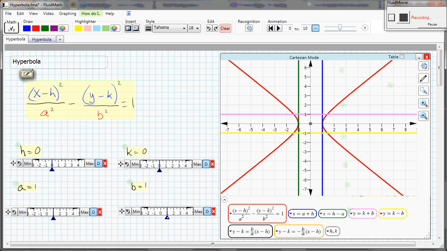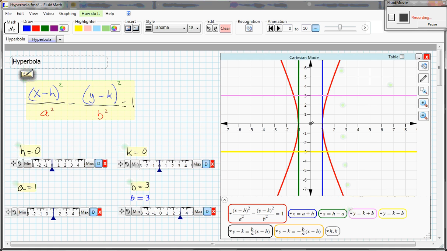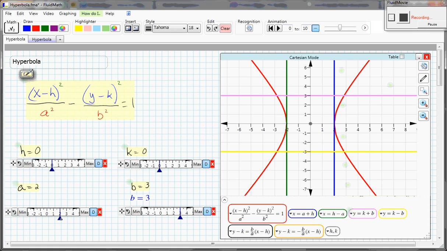So when I make b 2, 1, 2, it stretches the height of this box or rectangle to 2 times 2, or 4. Now b is 3, 1, 2, 3, and so forth. And if I stretch a, make a 2, then the box is 2 this way and 3 that way. Lastly, what we want to know is,